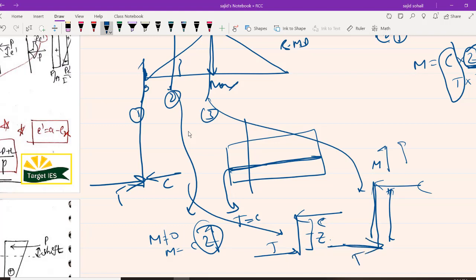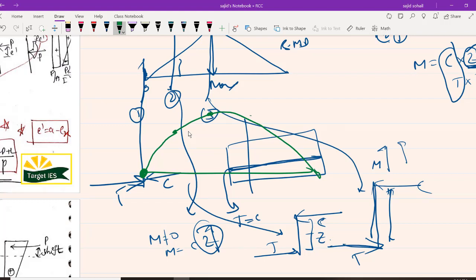My C is moving up from section 1. Let us try to understand. At section 1, if my C is corresponding to that of tension, then what happened? At 2, it got increased. At 3, it got further increased. I hope you see how this will proceed. I hope you got it. It will be going something like this.